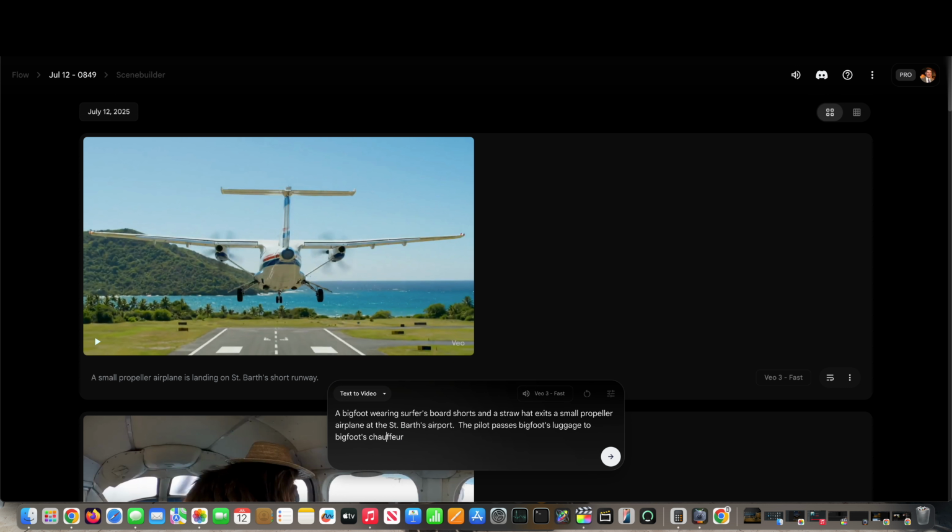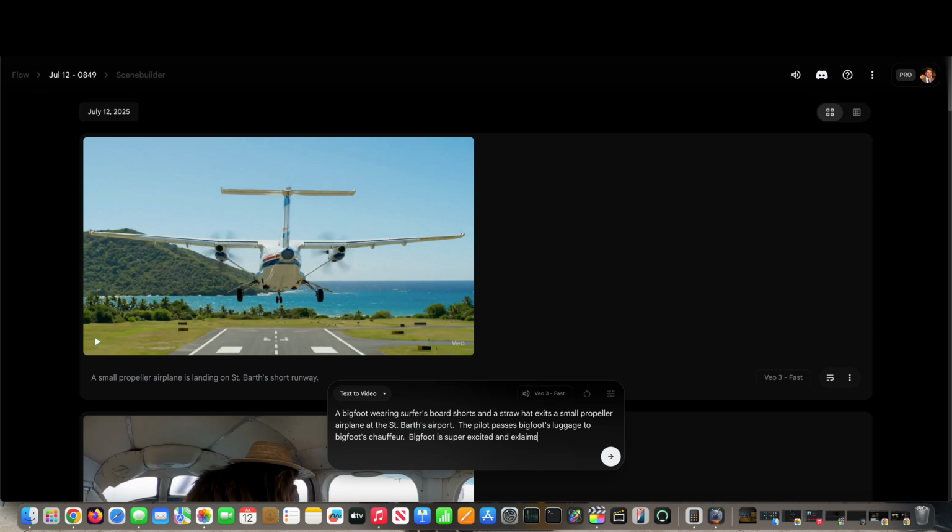A Bigfoot wearing surfer's board shorts and a straw hat exits a small propeller airplane at the St. Bart's Airport. The pilot passes Bigfoot's luggage to Bigfoot's chauffeur. Bigfoot is super excited and exclaims, "I finally